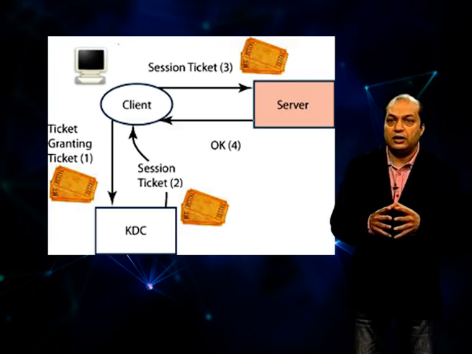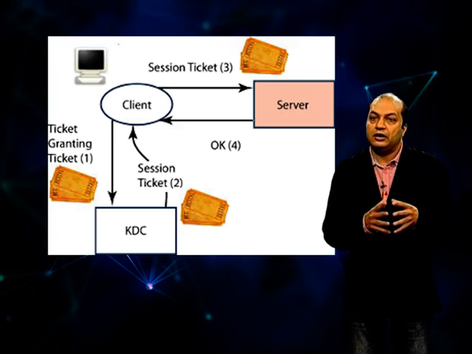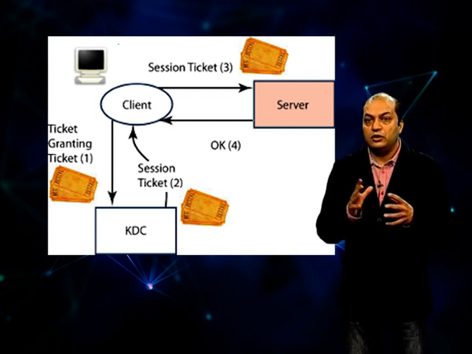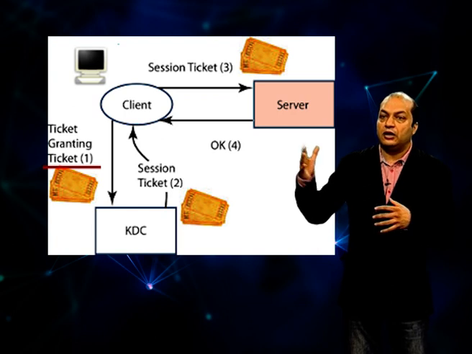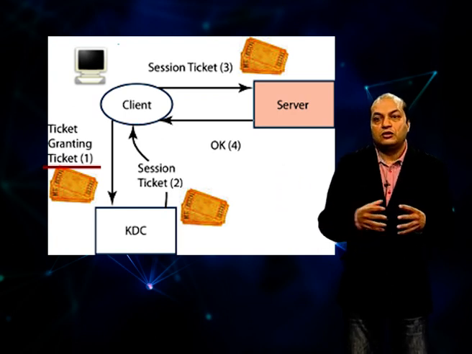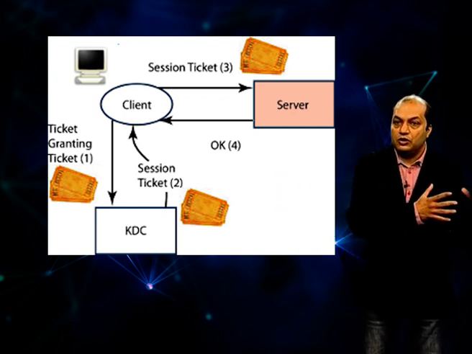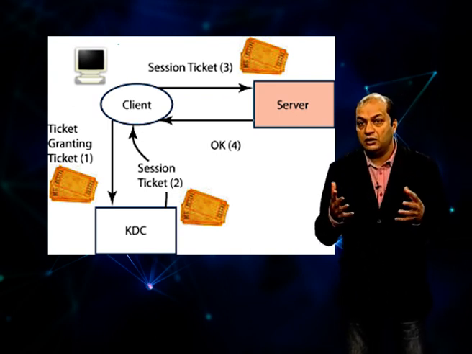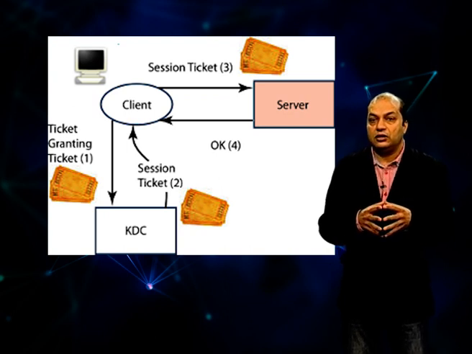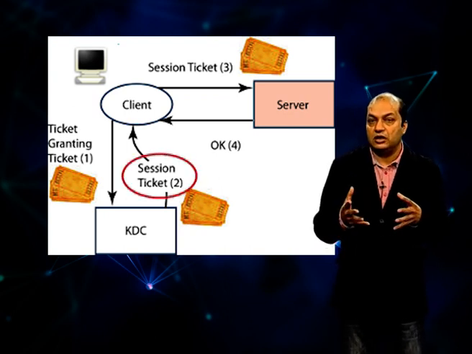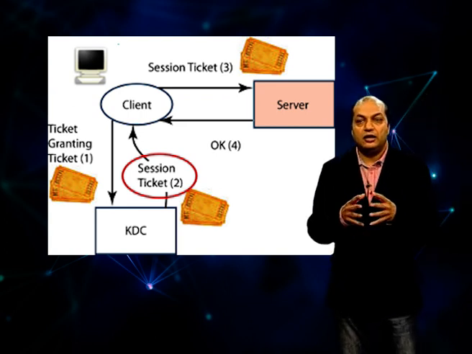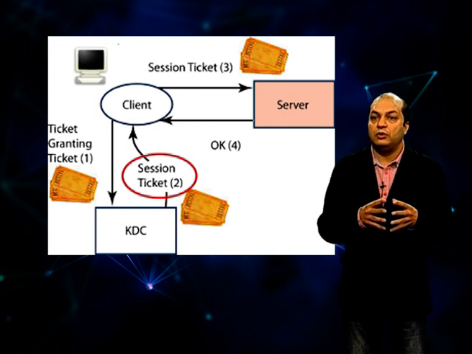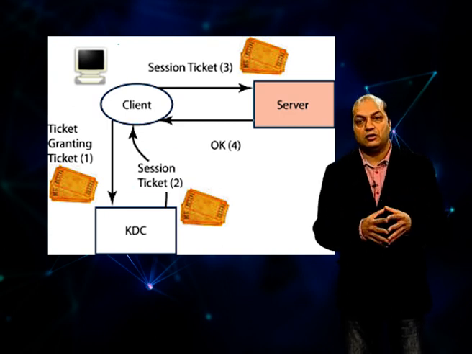The other envelope contains a ticket that is encrypted by the ticket granting server. The client cannot do anything here, so he just forwards the ticket to the ticket granting server in phase 2. If you look at phase 2, you can see that the client forwards an envelope which he got from the KDC, and then there is an authenticator showing that the client knows the session key. The authenticator is encrypted with the session key, which is shared between the client and the ticket granting server.